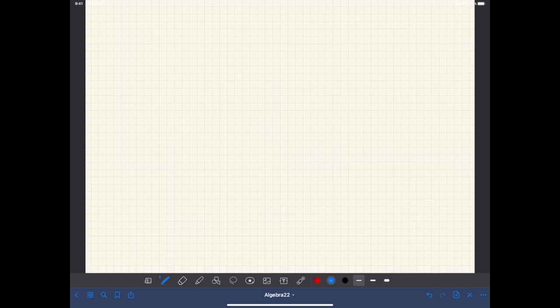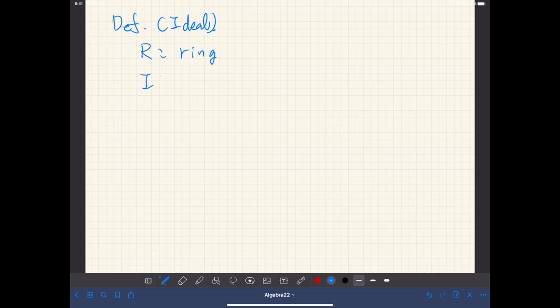Next, we would like to study isomorphism between rings. But before that, we are going to define the notion called ideal. So here's the definition. Let R be a ring